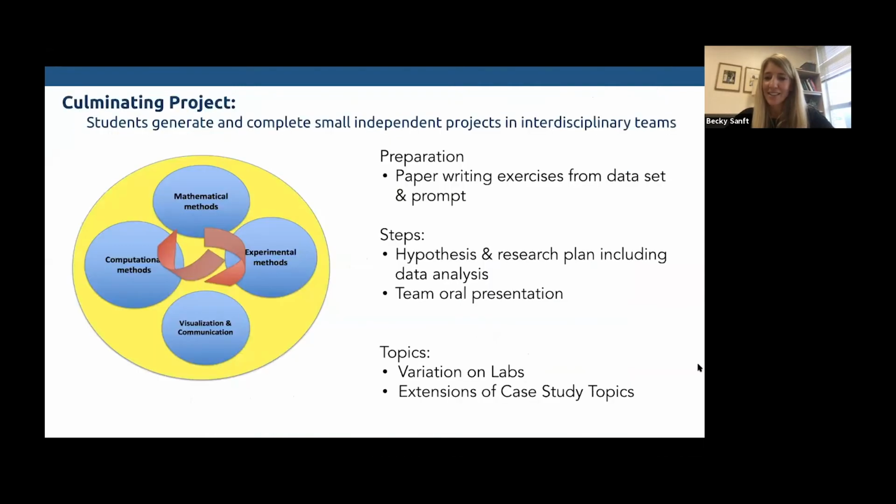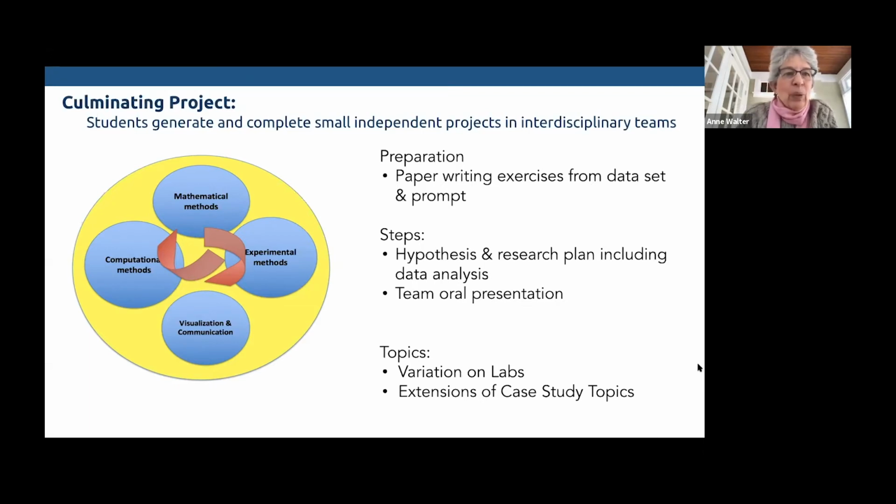All right, now this leads to the culminating project of the semester, because at this point in the semester, we just barely touch on these ideas, but they have enough in their toolkit at that point that they can do some really interesting things. So Anne's going to talk about that. Right, so